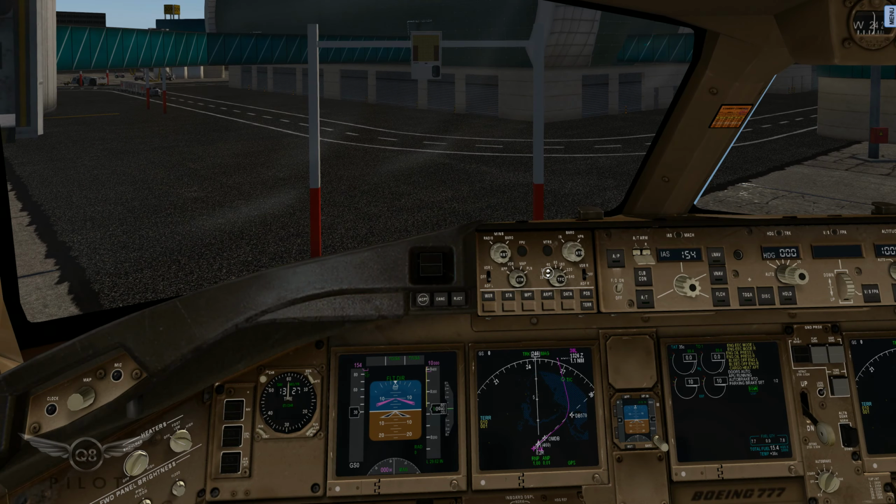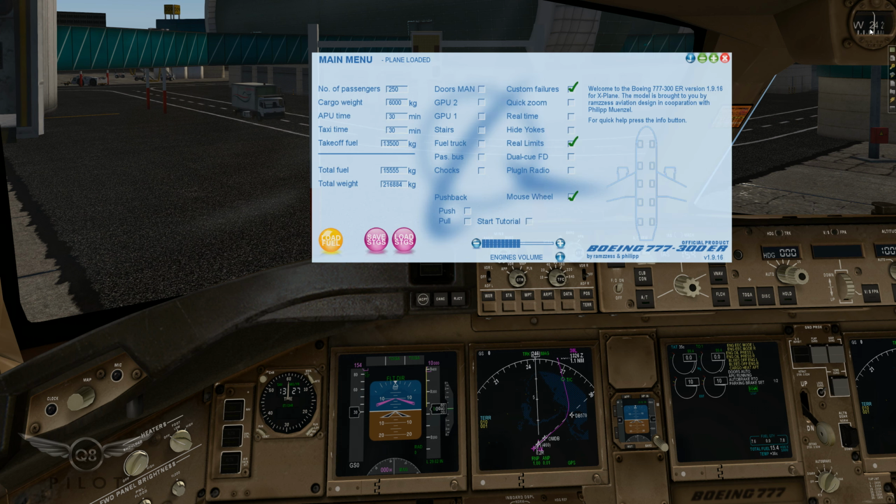I actually don't recommend that you buy this aircraft at this point, simply because it's really dated, both in terms of textures, flight model, and compatibility with X-Plane 11. It's not fully compatible, and there's a lot of errors, and the way it flies, it just feels like a general aviation aircraft, if you ask me. But fine, let's go ahead and call the pushback truck,